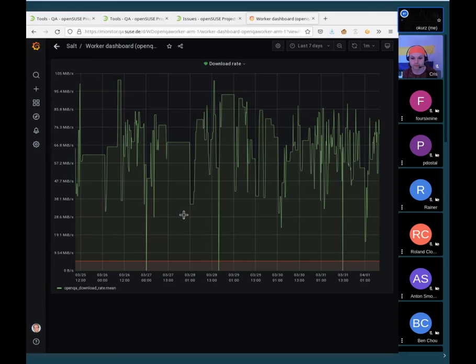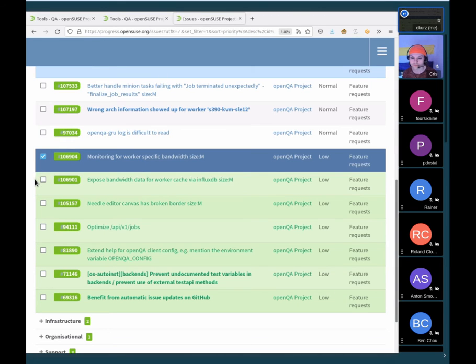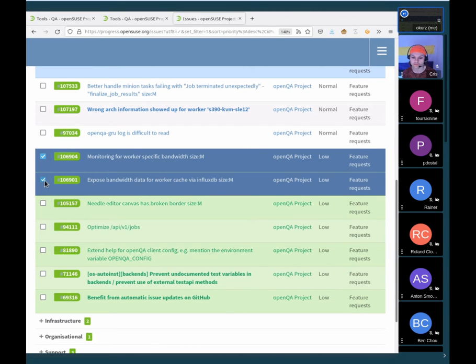So let me show you how that looks in Grafana. Here we see the download rate over the last 7 days, and you see that we have an alerting limit. You can see how the download rate is roughly around 50 megabits per second, which is fine. But then if it reduces further, I think it's maybe bytes per second, and if our maximum is somehow limited, so that we just have a very limited download speed, then we would see that. So these two stories are actually